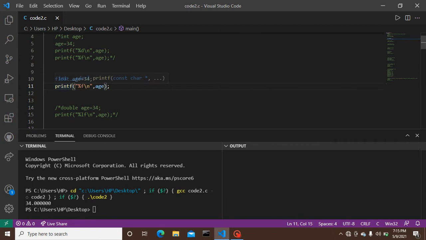So for float declaration we have to type percent f in our printf statement, so that the output will be the same as the declaration made by us. Okay, let's make it also a comment so that we can run our next code.